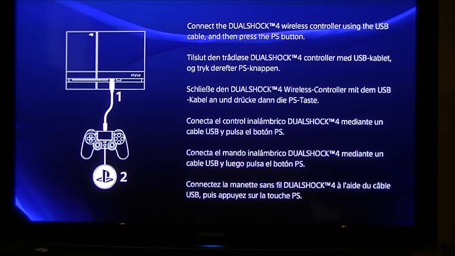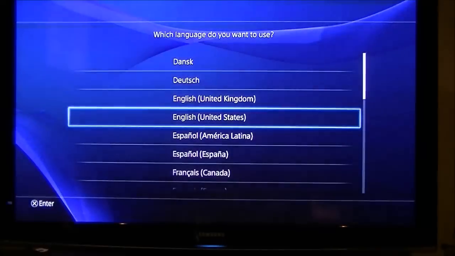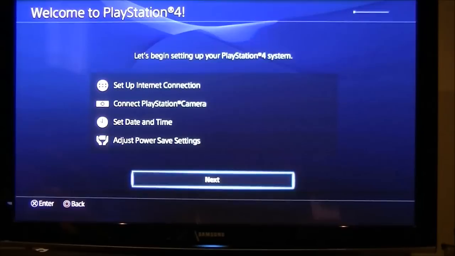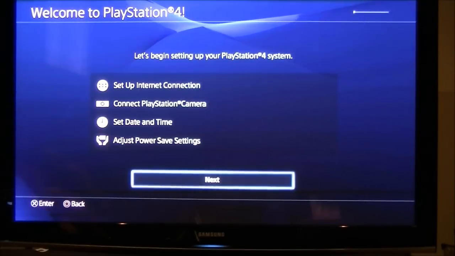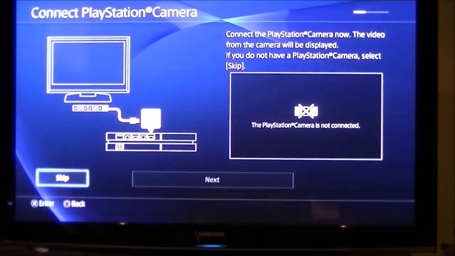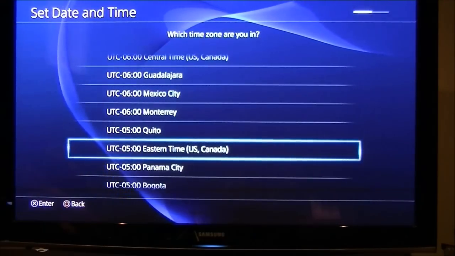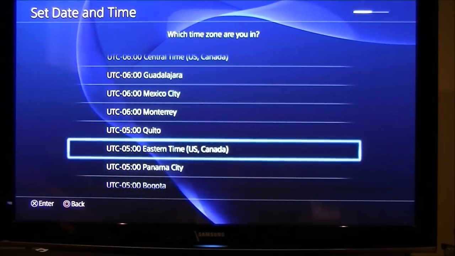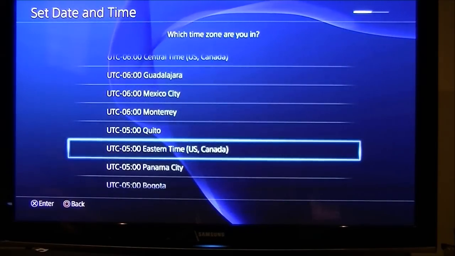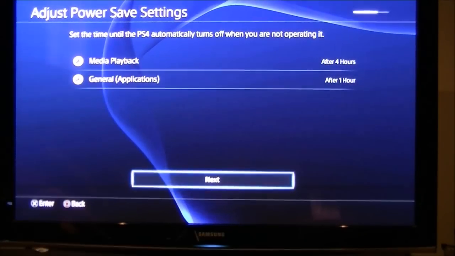So it's just going to tell you connect the DualShock, and then once it's connected, press the PlayStation button, which we did. Select your language. Set up all these additional features which aren't important at this exact moment in time. And if you don't have a camera, like a PlayStation camera, then you can just skip that step. It doesn't mean anything. Then just select your time zone, the date, and